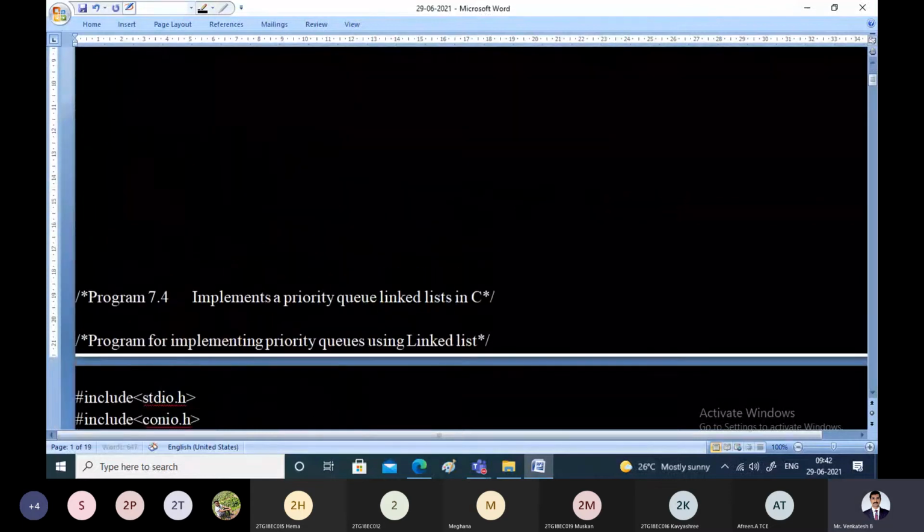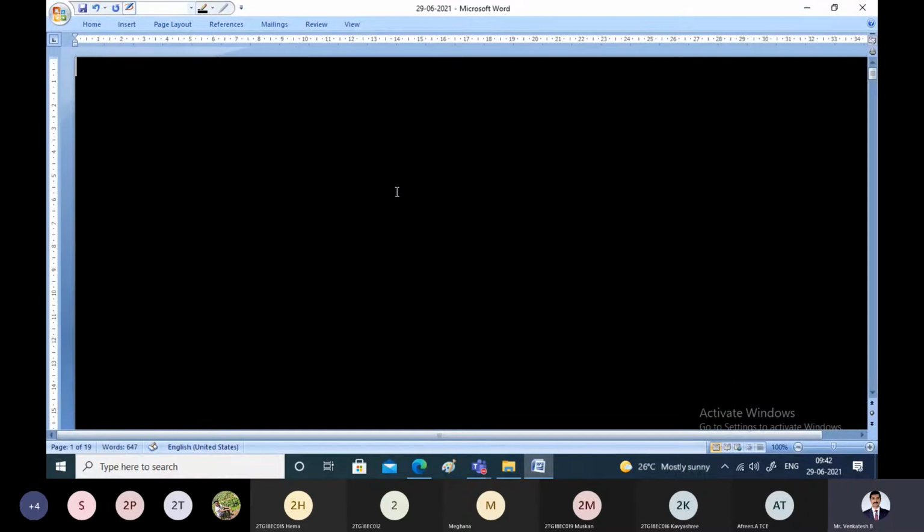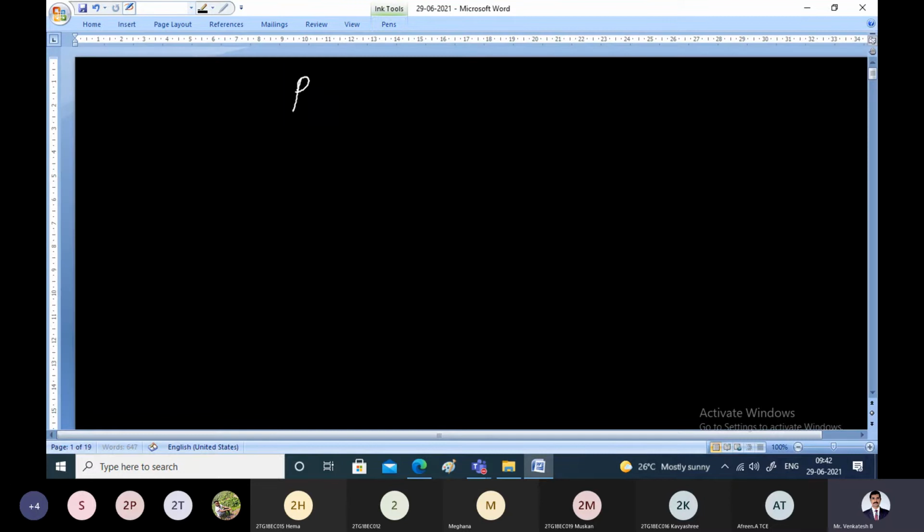Now we'll study another type of data structure, one variant of the data structure, that is, what is a priority queue. So priority queue is being discussed now.